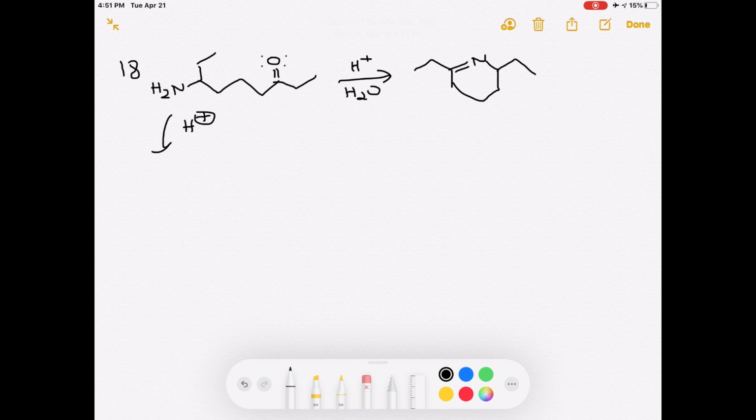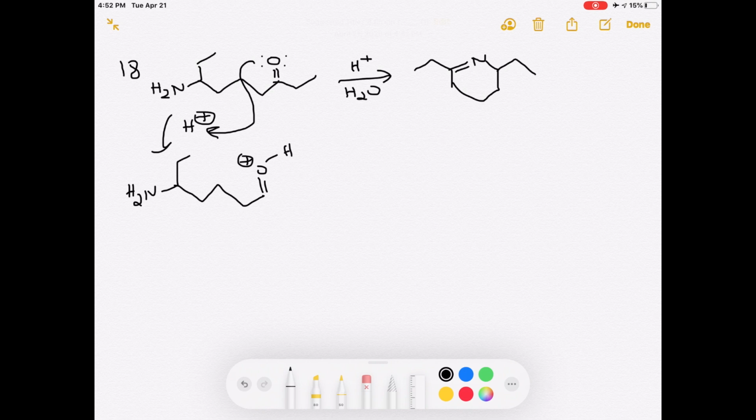That's precisely what I'm going to write out. A lone pair from the oxygen obtains a proton, and we have